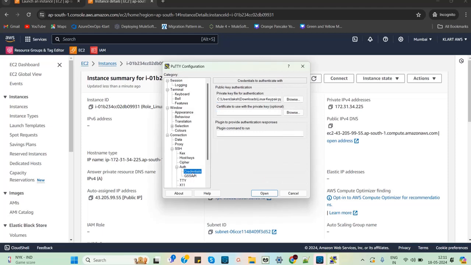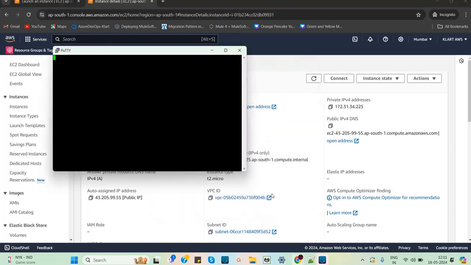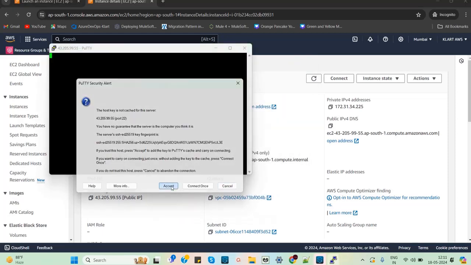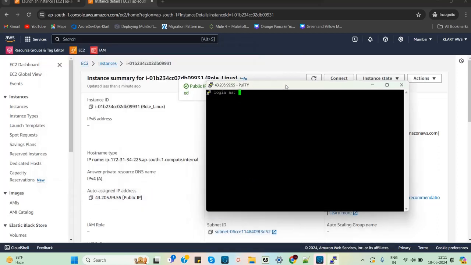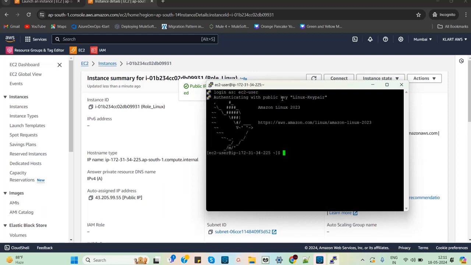Let me just check if the file is available. Yeah, now open. Accept. So for Linux, the default one is ec2-user. Okay, now it is authenticated. Now let's go to sudo user, super user. Right. So now I want to access Amazon S3 resource, Amazon S3 service through this virtual machine to upload